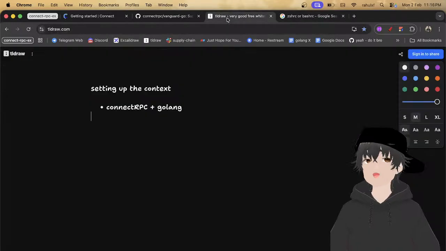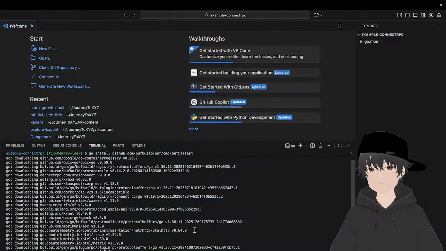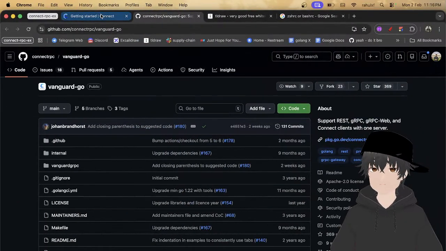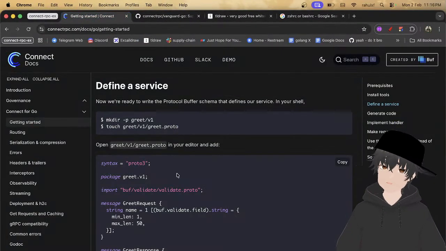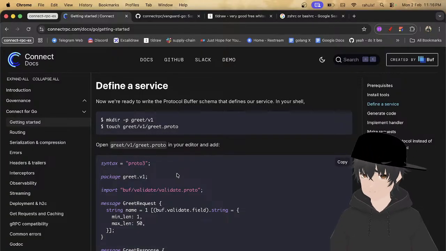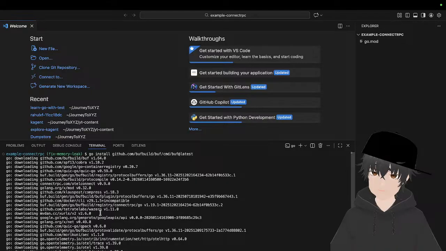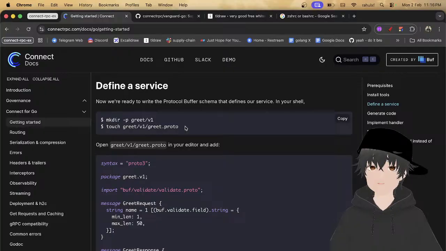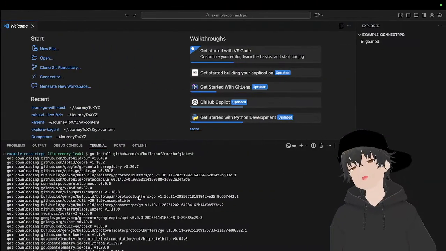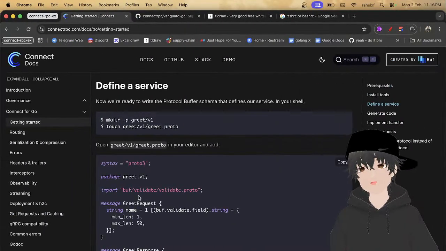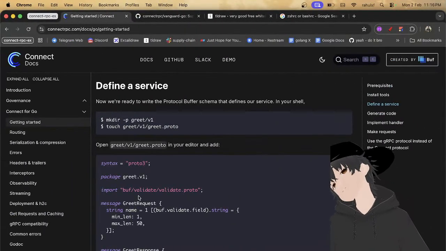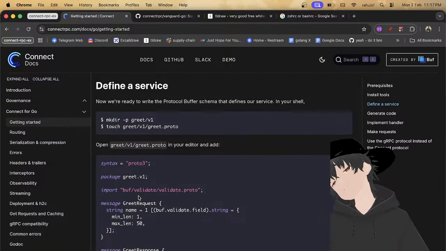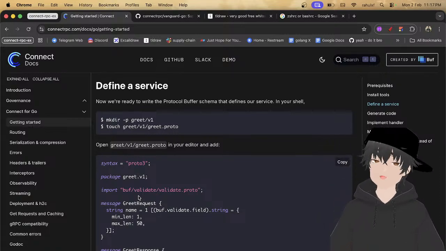I don't know why it's stuck here. Let us see what things we have in it. I have not installed the latest Go and the other tools like buf that we are using, so they are not up to date, and we need to install them.